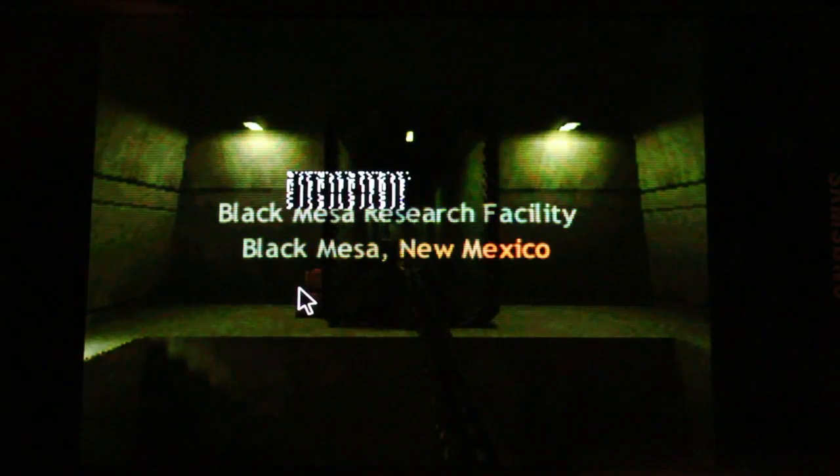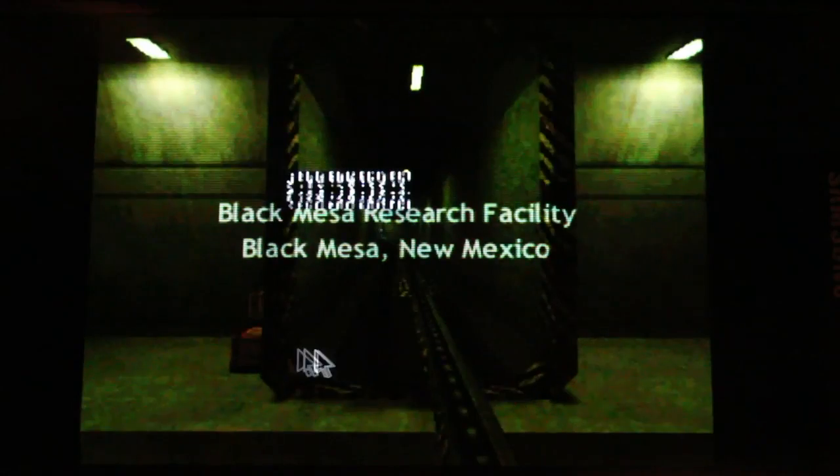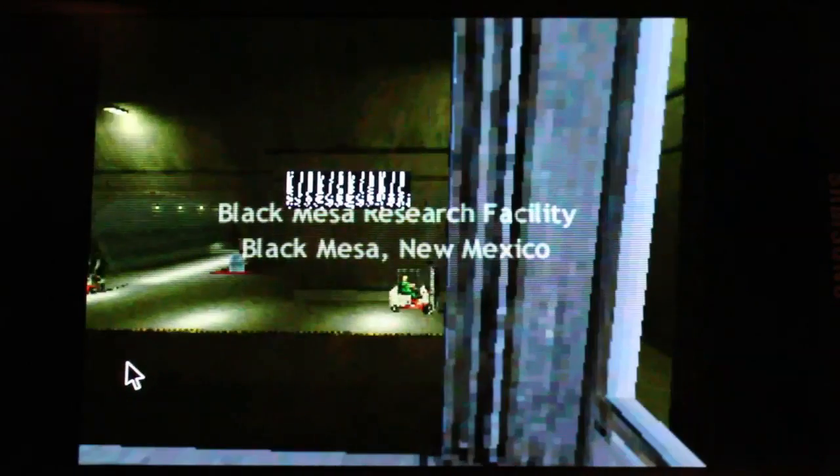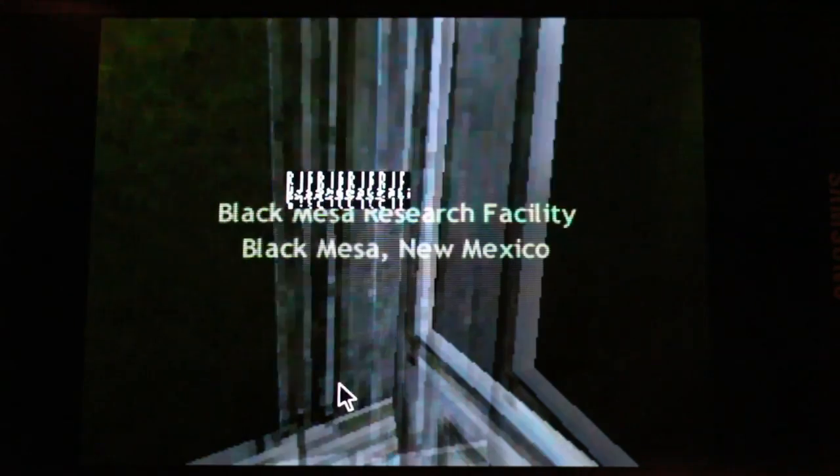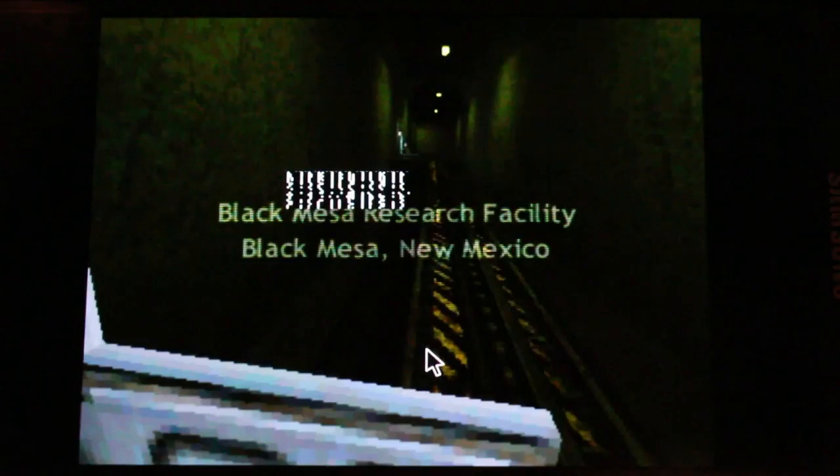Good morning, and welcome to the Black Mesa Transit System. This automated train is simply headed for the security and convenience of the Black Mesa Research Facility personnel. The time is